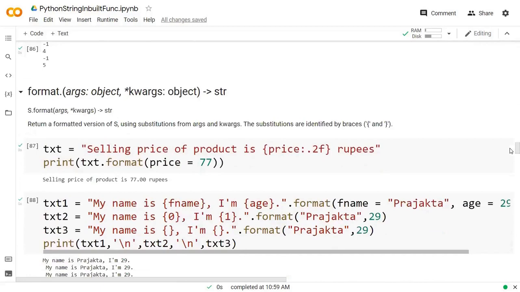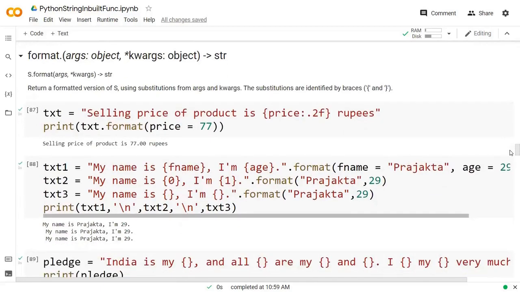Now next one is the function which is called the format function. Format function helps you to provide some kind of input to your string, to your complete string, and in the string wherever the values are missing, it will replace them with new values.